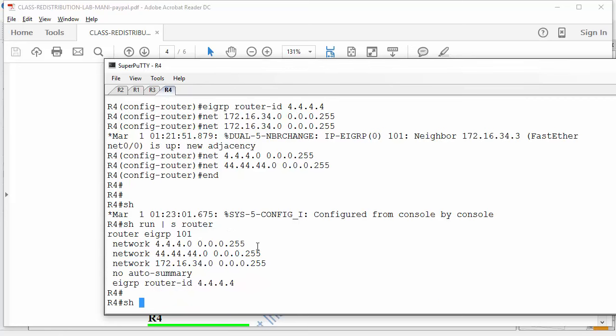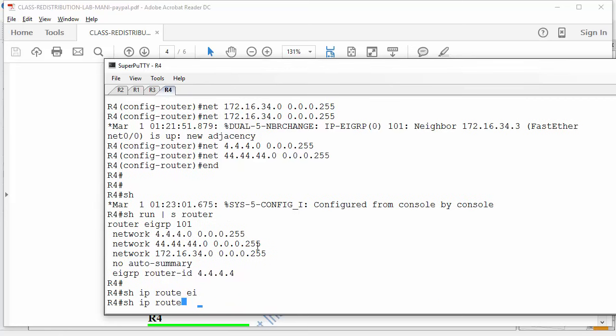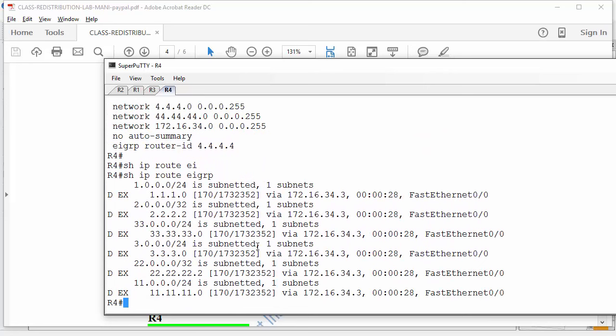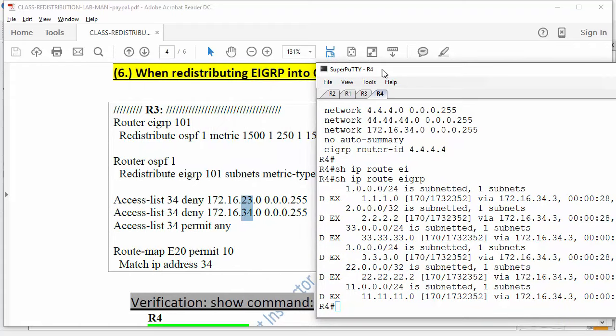Let's see. Show ip route eigrp. Just see, guys, I'm not seeing anything with 172.16.23, but I'm seeing router 1 routes, 1.1.1.1. So our condition is working. So next one is,